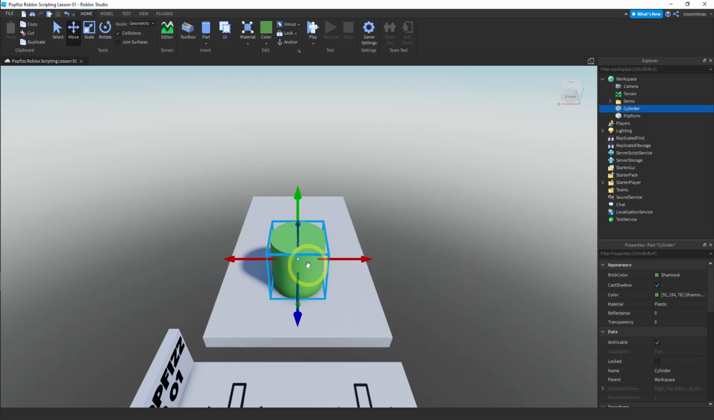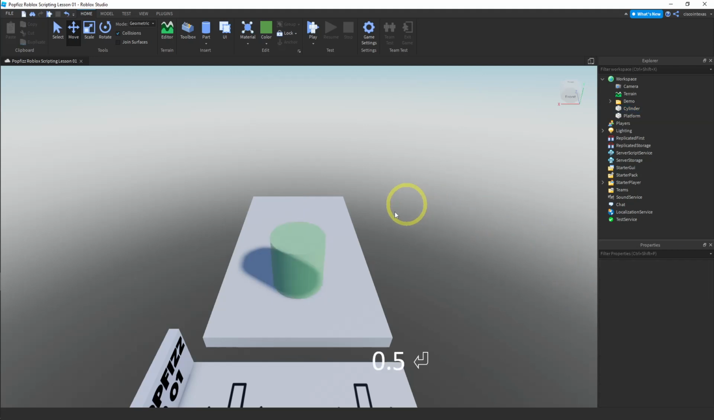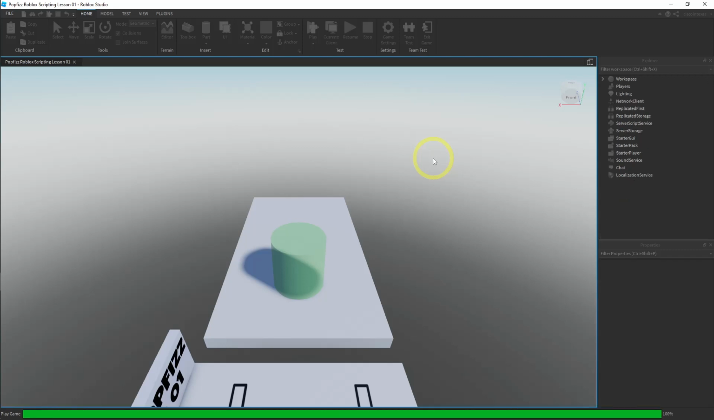And so if I wanted to change the color or something like the transparency, I could do that before the game started. So let me say I wanted to make this cylinder semi-transparent, right? Or let's say I wanted to change the color. Well, let me go ahead and change the transparency. So let's say I wanted to make the transparency 0.5. Now, this cylinder is partly see-through. And if I test this game,